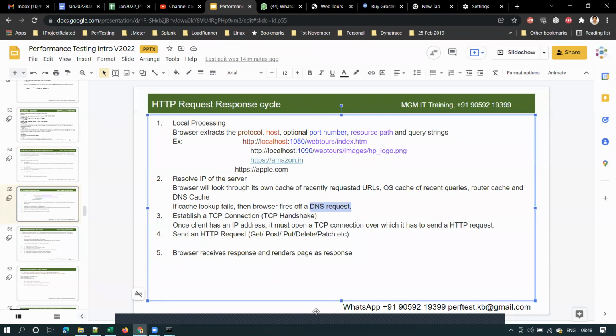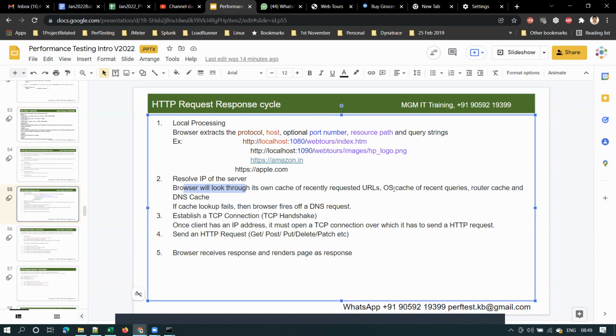Someone asked a question: what are the OS cache and router cache? Just like how a browser maintains its own cache, the router cache means your Wi-Fi router also maintains some cache. Whenever you access a website, it will store the IP address and host name or domain name in that router cache.